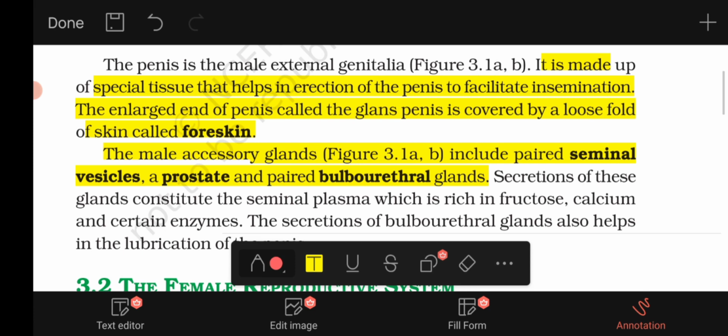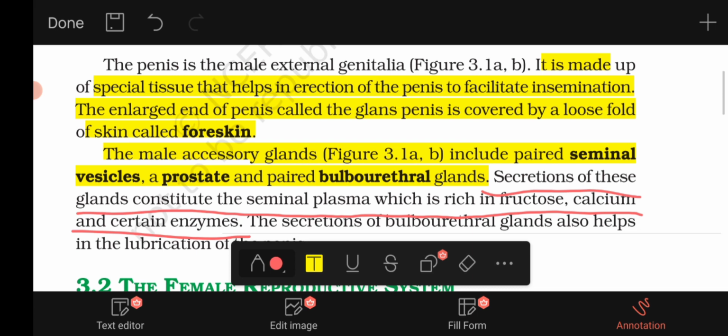Semen is what we call it in general. The semen includes sperm and seminal plasma. The whole secretion of all these glands is called seminal plasma, which is rich in fructose and calcium. Fructose is generally produced by the seminal vesicle and calcium by the prostate gland. And certain enzymes are also produced,